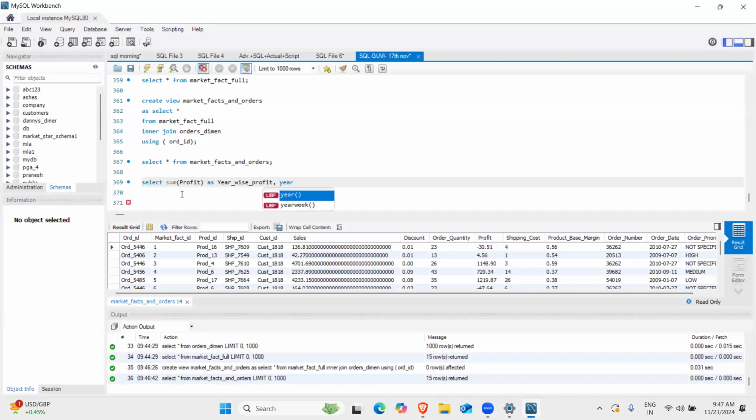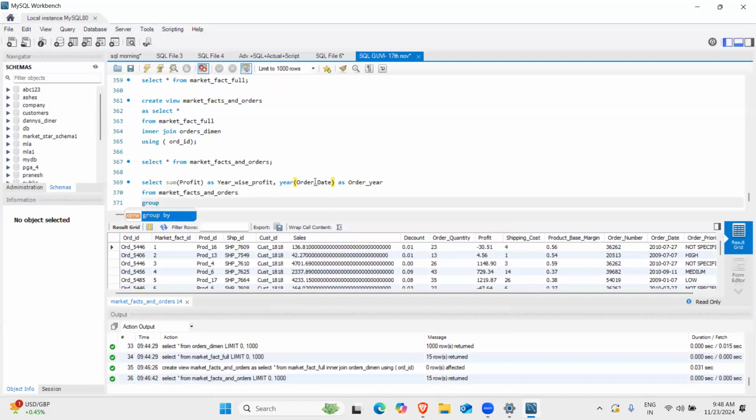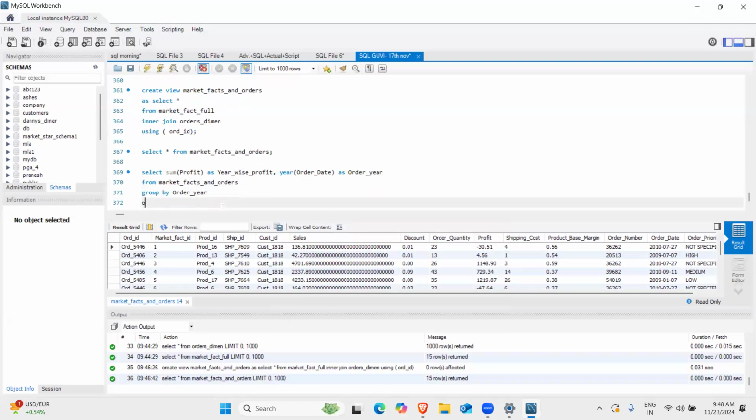I'll select order date year, because the question is which year generated the highest profit. So order date year as order underscore year, and from market underscore facts underscore and underscore orders, which is a view that we have created. From that view, I'm going to group by based on the order underscore year, this one that we have created, and order by